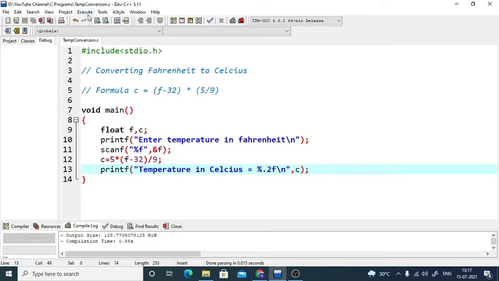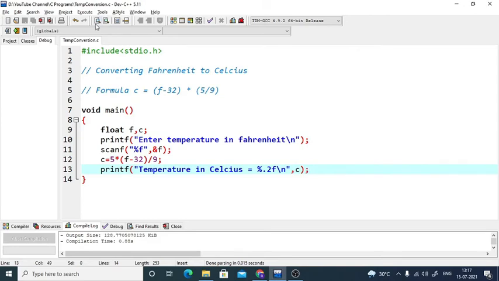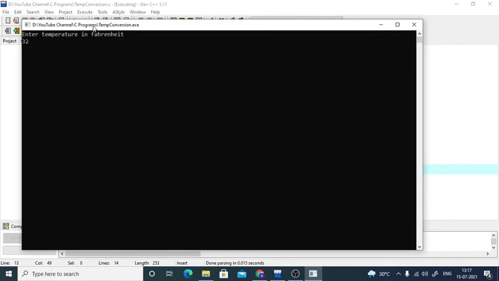Execute, run, 100 Fahrenheit. It's 37.778. And clearly, if I put 32 Fahrenheit, it is obviously going to give me 0 Celsius because that is where it starts.